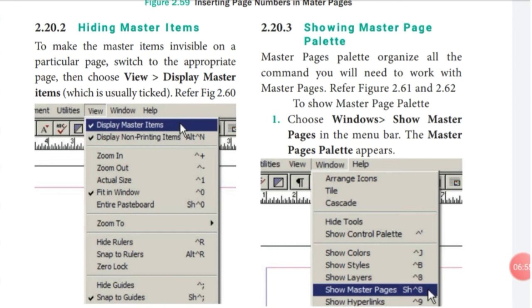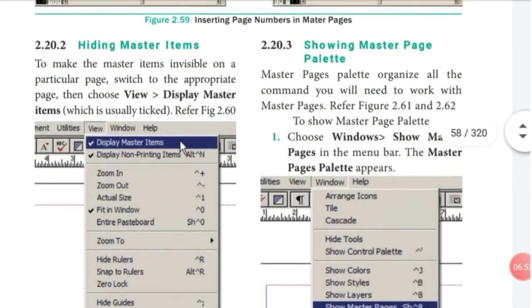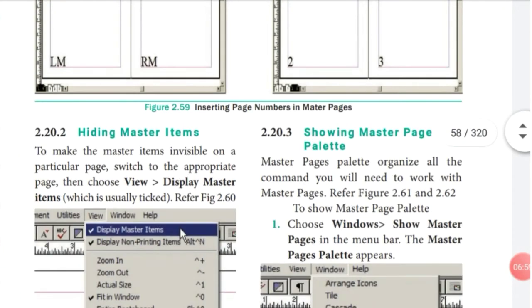Choose. Then showing master palette. Master page palette organizes all the commands you will need to work with the master. So Window, Show Master Page.